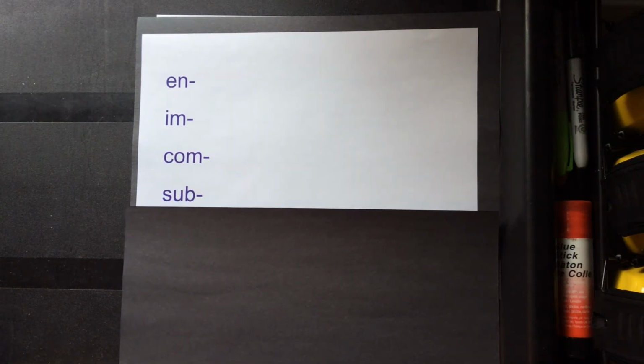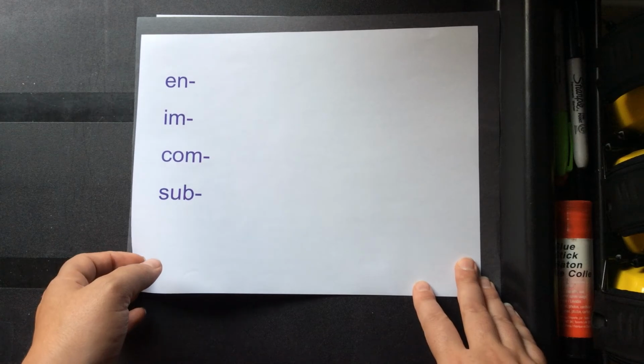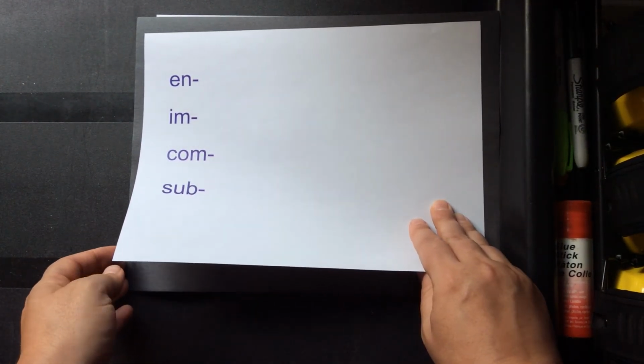The prefix "sub" means under, so I can have something that's submarine and it travels under the sea. And if I have a submarine vehicle, it's traveling under the surface of the water, not on top like a boat does, right? So these are really common prefixes that we see on both English words and on root words